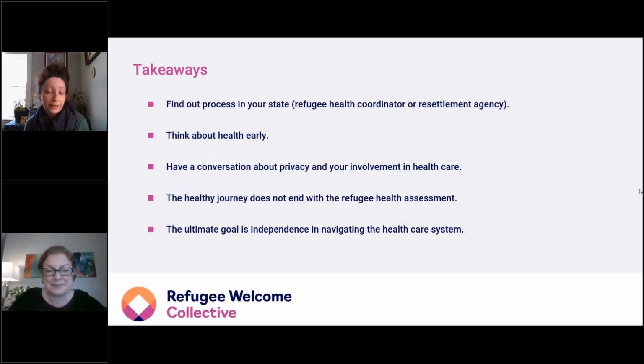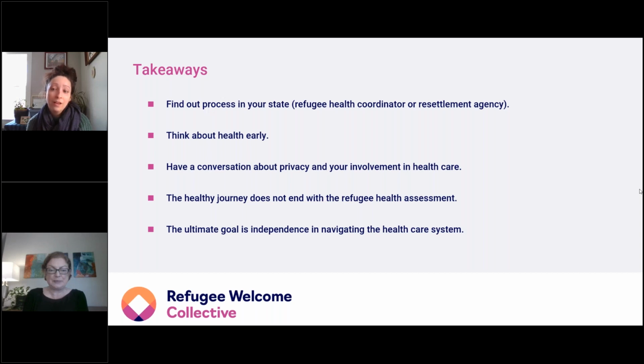Think about health early. Hopefully everyone you interact with will be super healthy and it won't be an issue, but it's so good to be able to nip those things in the bud when they come up. We want to make sure people have all the medication they need. If they have a chronic medical condition, we want to make sure they're getting care. You want to make sure that's not an afterthought after a couple months when you've done the rest of the stuff. It can be really easy, we have found, with all the competing priorities of resettlement, to forget about health, especially for people who are not used to going to a clinic regularly because they've had such fractured healthcare because of where they're coming from.